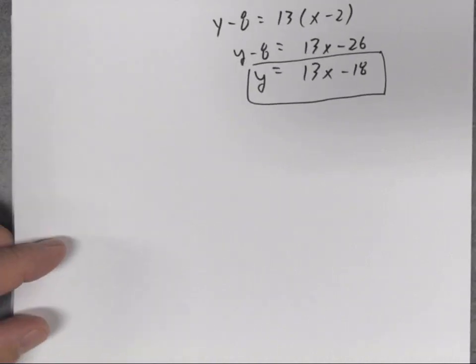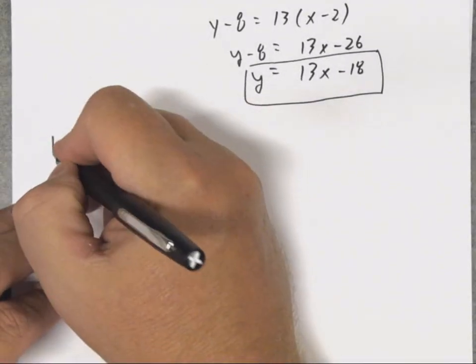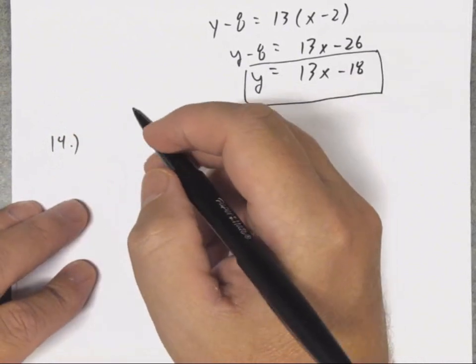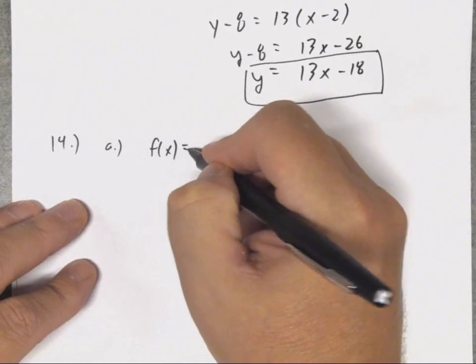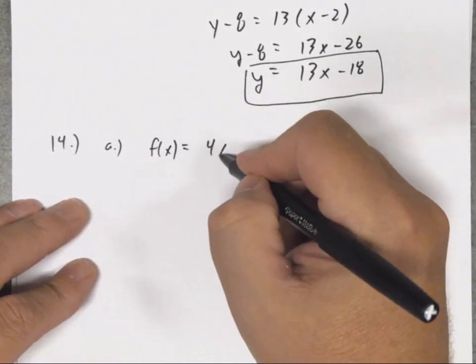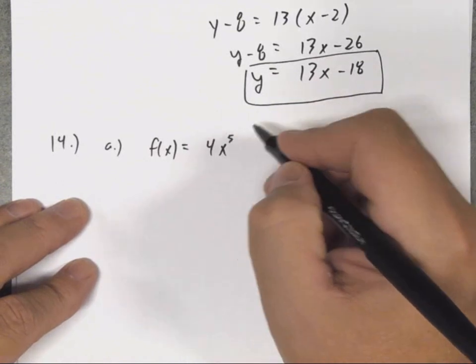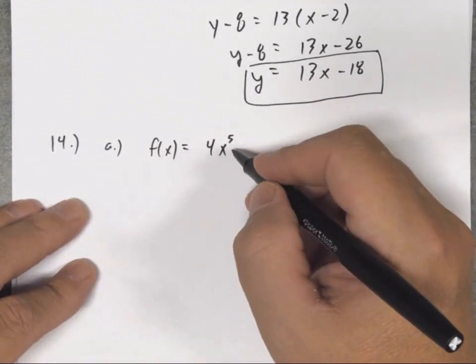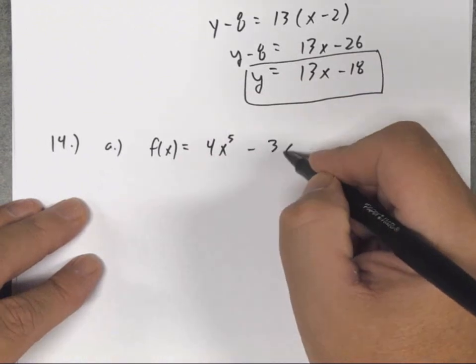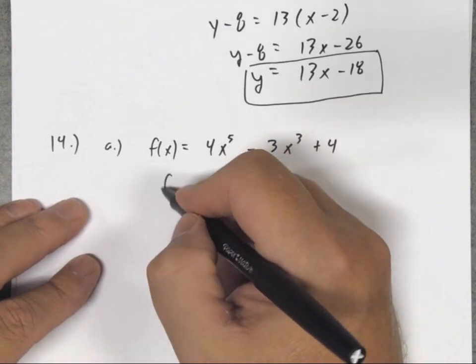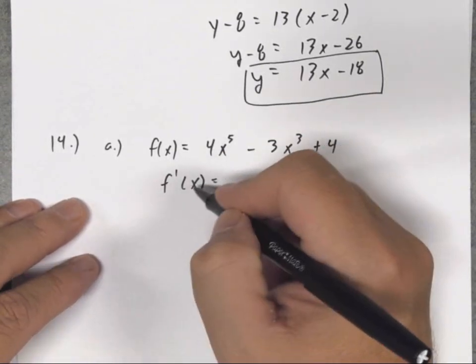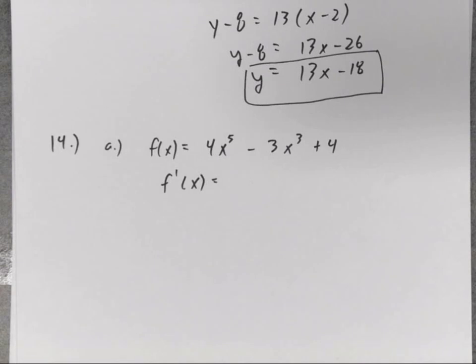14 asks us to find the second derivative. I actually realize I may not have mentioned this in class, but it's a pretty easy concept, so you could easily look in the book. Here's a function: f of x equals 4x to the 5th minus 3x cubed plus 4. If I take the derivative, we also sometimes call this the first derivative, because now we're introducing the idea of a second derivative. So take the first derivative,